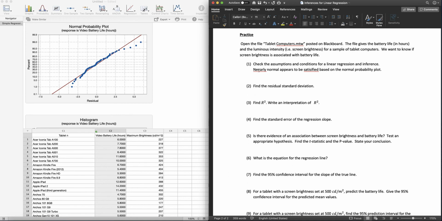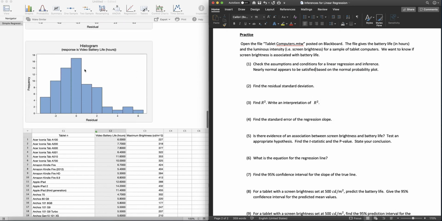Okay, nearly normal. We're not very satisfied if we can't spell satisfied correctly. The other thing is, looking at the histogram, you could say this appears to be unimodal, which is all you really need to have this be nearly normal. So I'm going to copy this one over